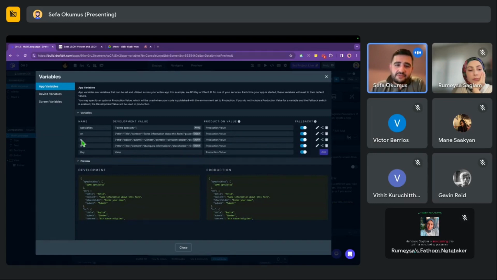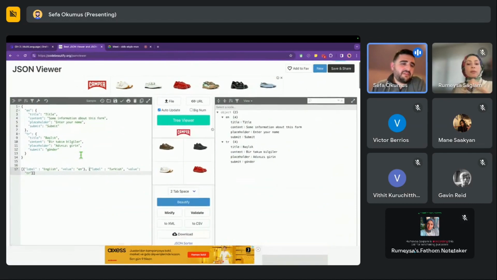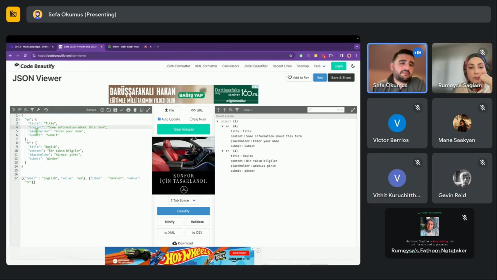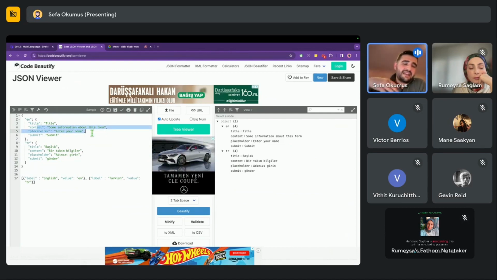And on the app variables, I've got the language files. For English, I use en for this object, and I'm going to show them in a minute. For Turkish, TR, and for French, I use FR. This is a very simple thing. For English, I have four properties: title, content, placeholder, and submit. The title is going to be a title, and the content is going to be some text. This can be as big as you want, as big as your app. It can be extendable. You can use any different text keywords for this. Once you have this structure,